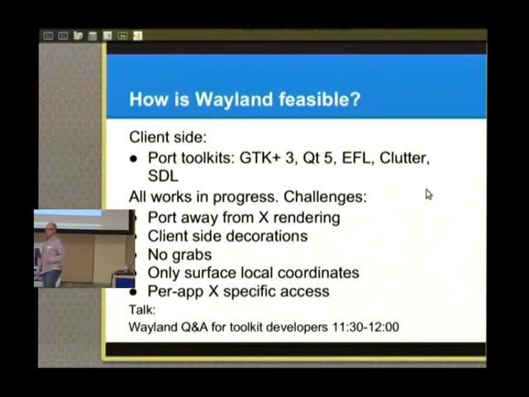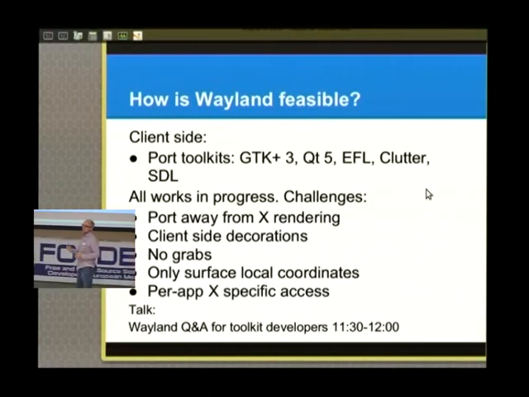So the other side of Wayland is the client side. When we switch display servers, one question is, what do we do with the drivers and the servers? How do we move those over to the new system? The other side of the question is, what do we do with the clients that we have now? Because we have a lot of clients on X. We have desktop environments. We have toolkits. We have a lot of functionality that we just can't throw away. We have to have some kind of migration path where we can pull it over without too much effort.